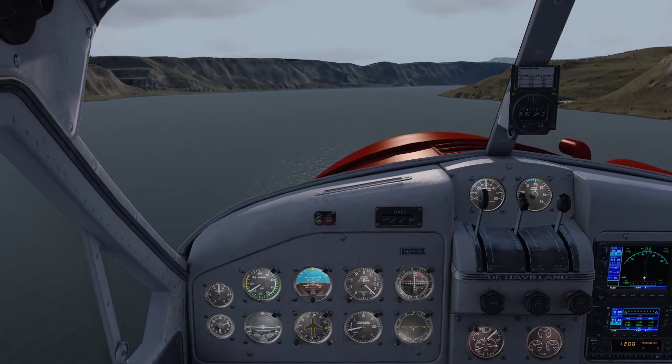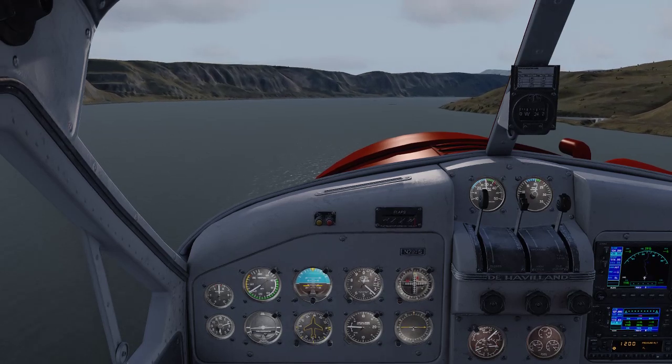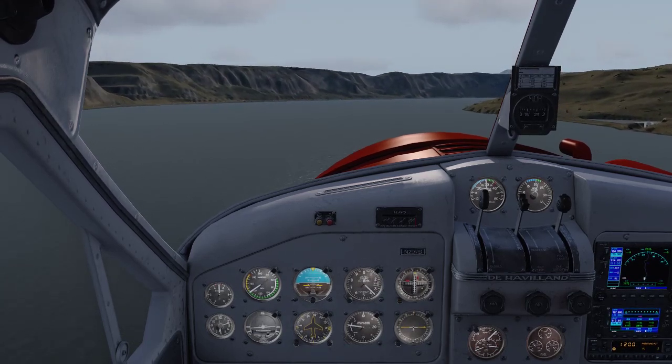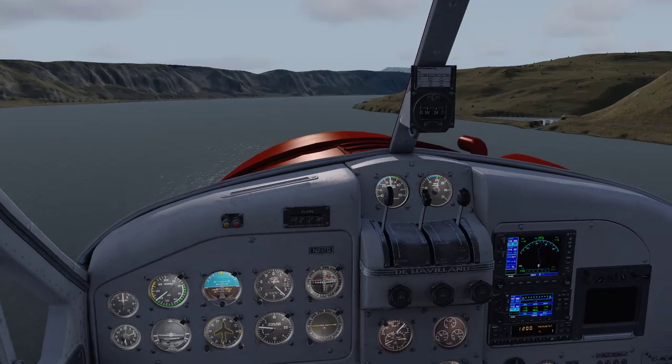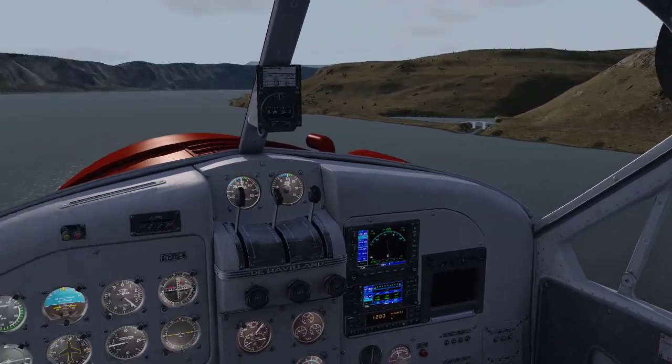I think there's a lot of things that X-Plane offers that are very, very interesting. X-Plane is kind of strong, where P3D is maybe a little weak,